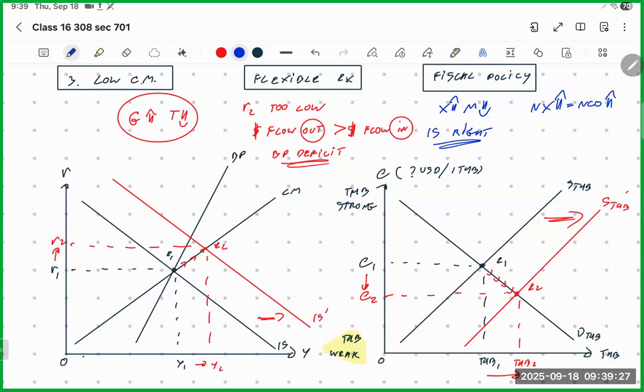How to make NCO increase? We need to throw the money out even more. How to throw the money out? Lower the interest rate, which makes the BP curve shift down, right? In order to maintain the balance of payment, you need to make money outflow more. By doing this, we need to lower the interest rate, which means the BP curve needs to shift down. So we have two effects. The IS curve is going to shift to the right, and the BP curve is going to shift down